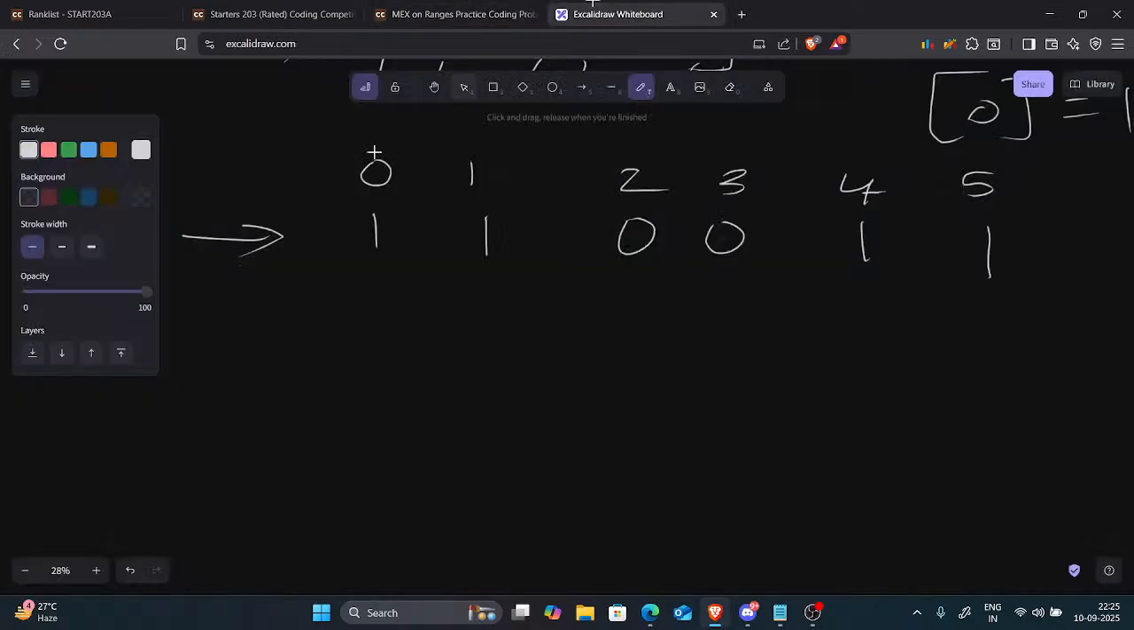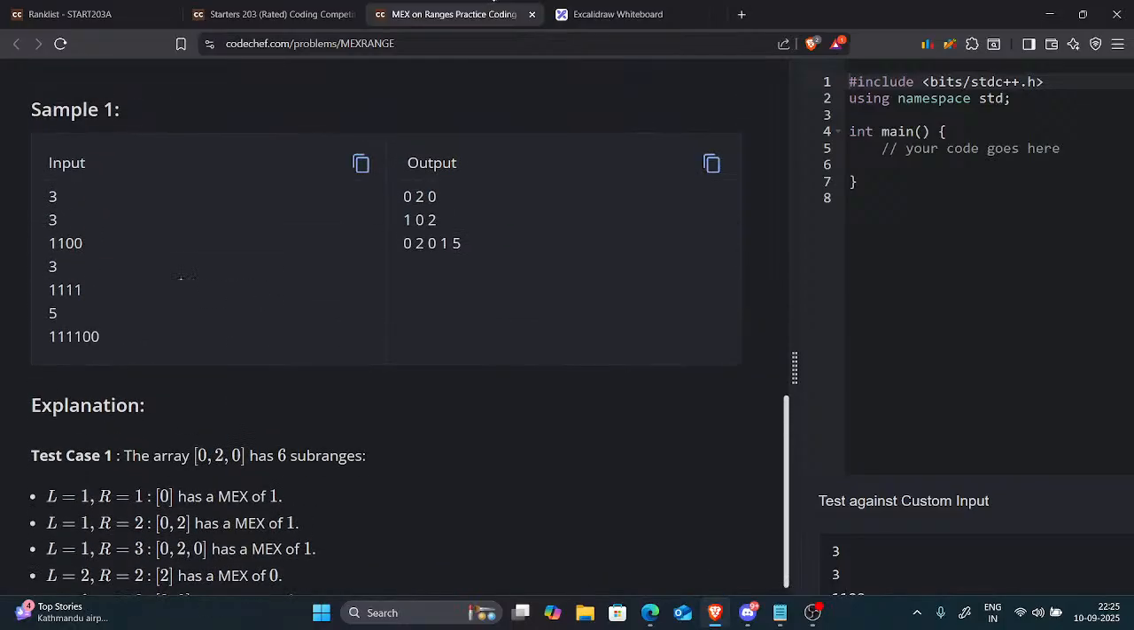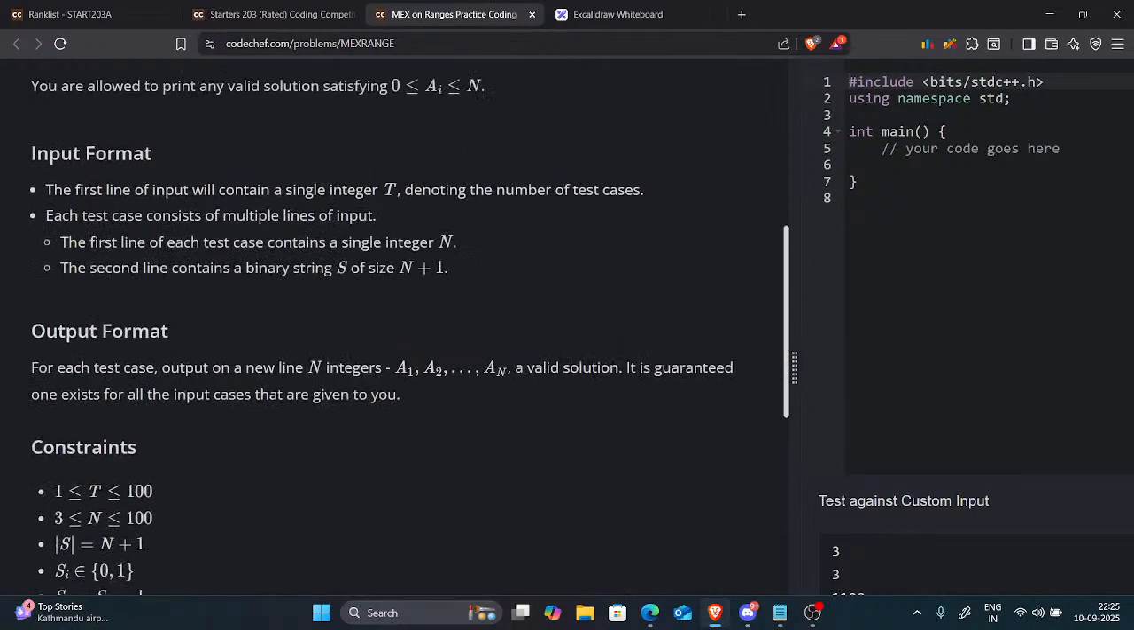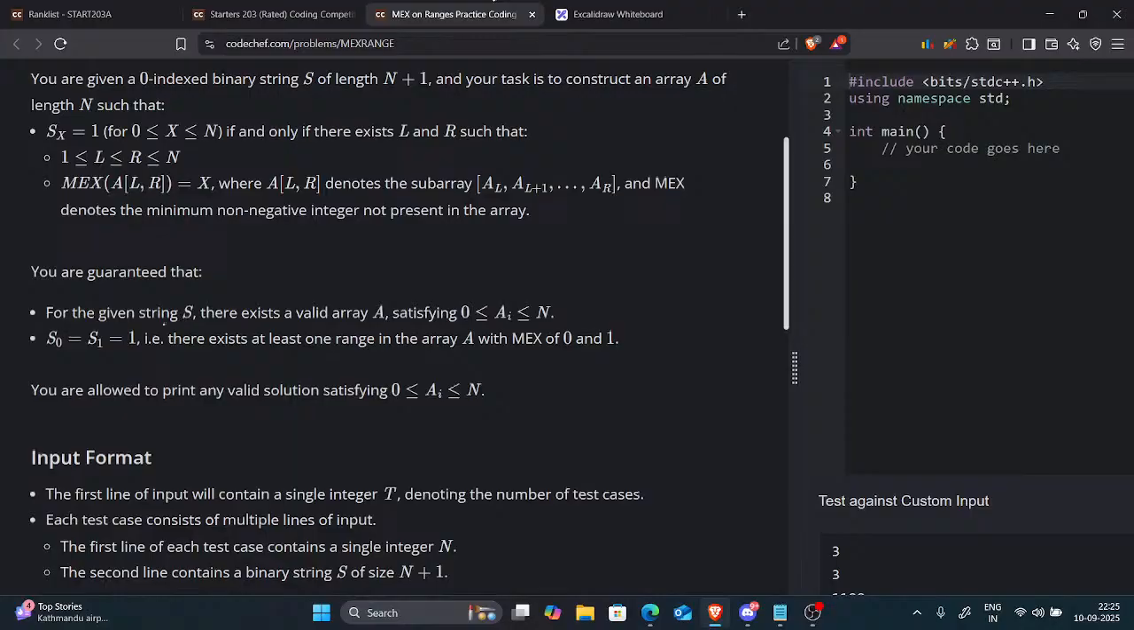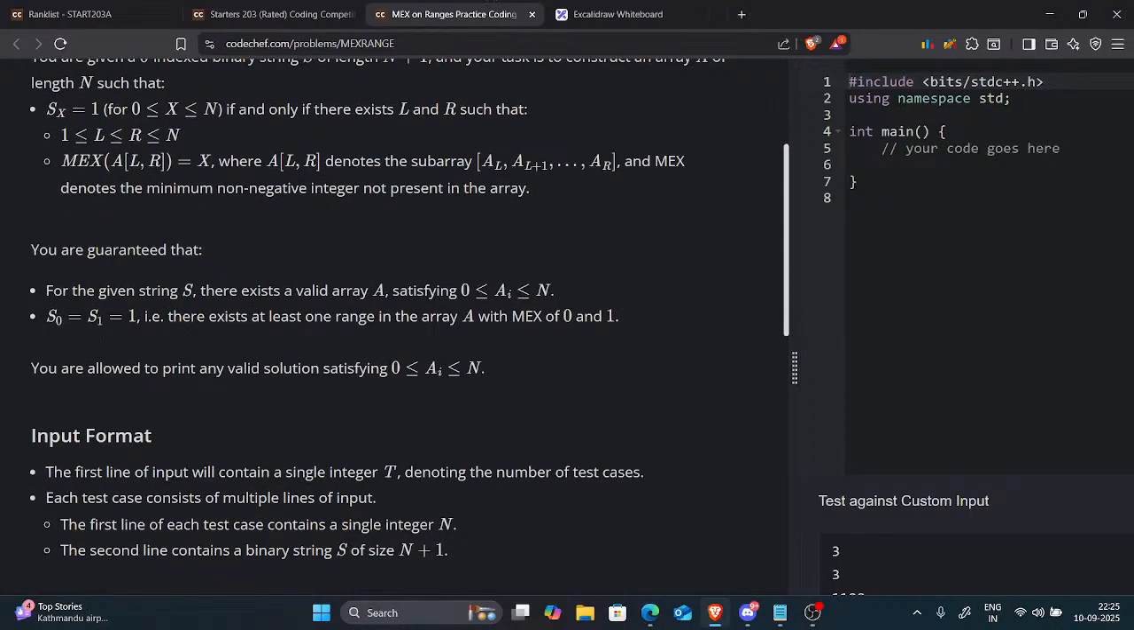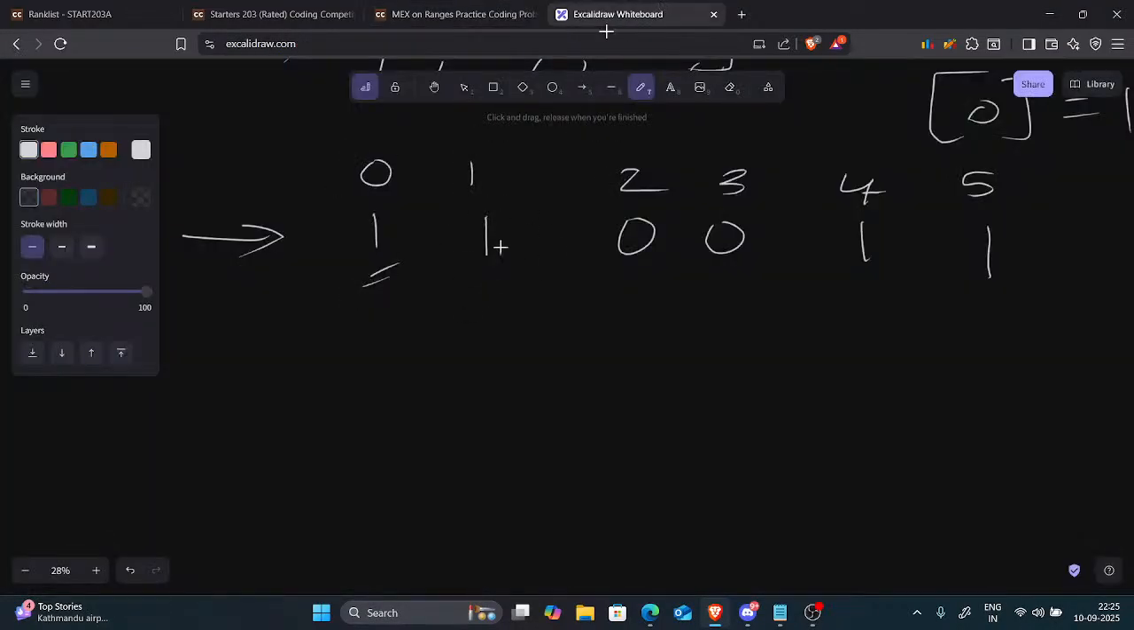The one thing to notice is that if we include any non-zero element in our array, the max 0 will always be possible because we can just pick that element. It is also mentioned that s of 0 equals s of 1 equals 1, because we can always make these two 1. Right. So now we can focus on making